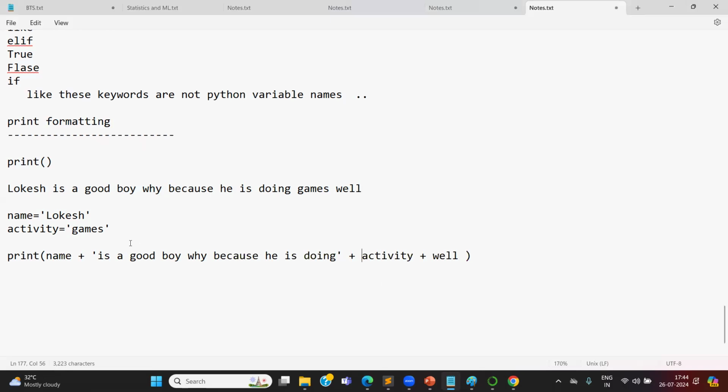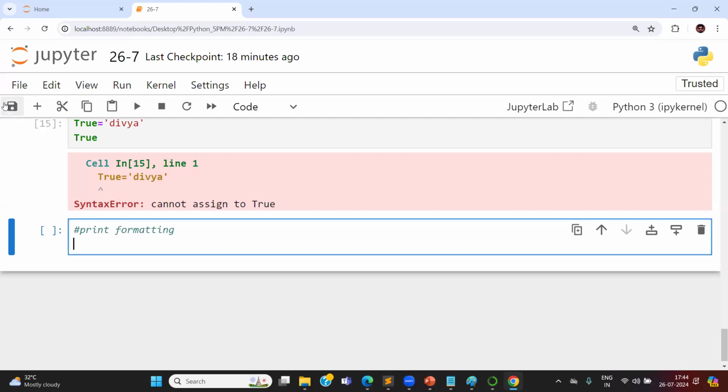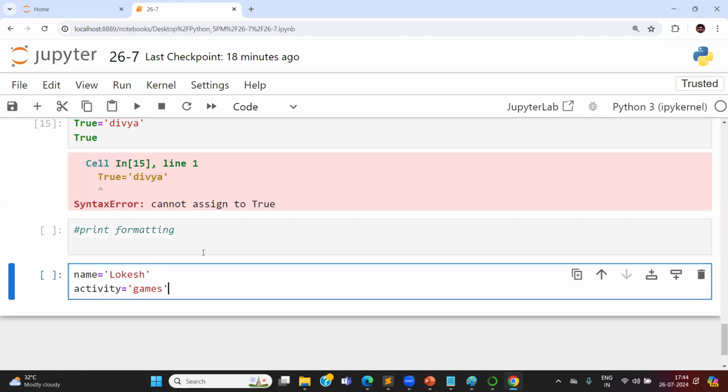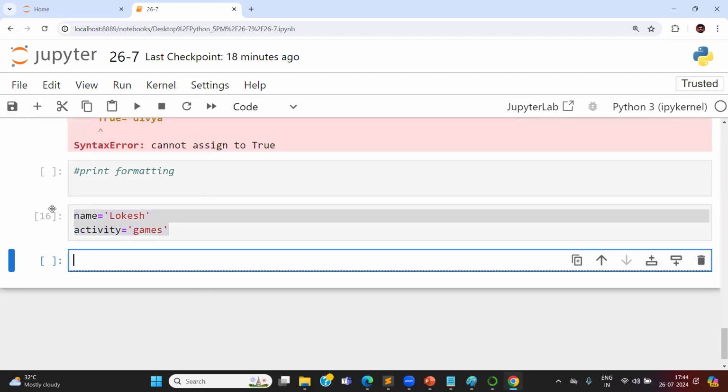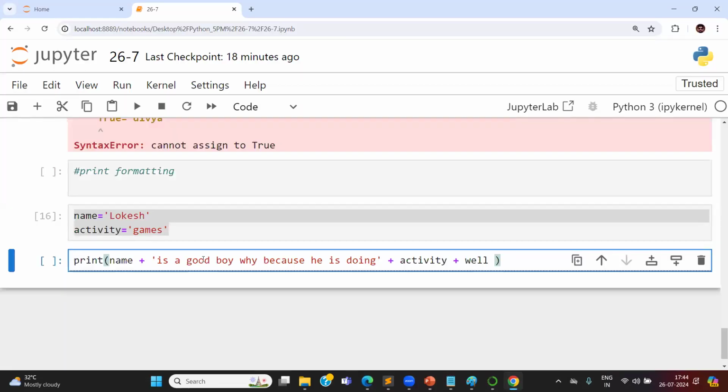Okay, so let me check this. Let's go with the print formatting process. Print formatting. Now let's go. These are the 2 variables now. Okay, execute it. I have 2 variables now. Let's go with the print. This will give the output or not? If I give the output like this,